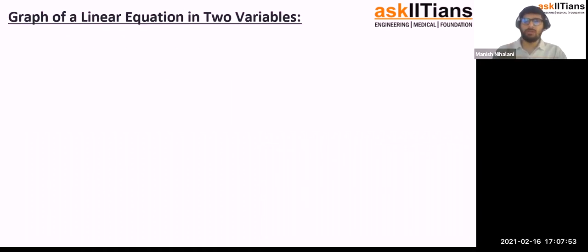So we are talking about just one equation, right? That is ax plus by plus c is equal to 0. We are just talking about this equation, right? And when we say that this is a graph of a linear equation, how to draw its graph basically. So we would say that when you are trying to draw its graph,